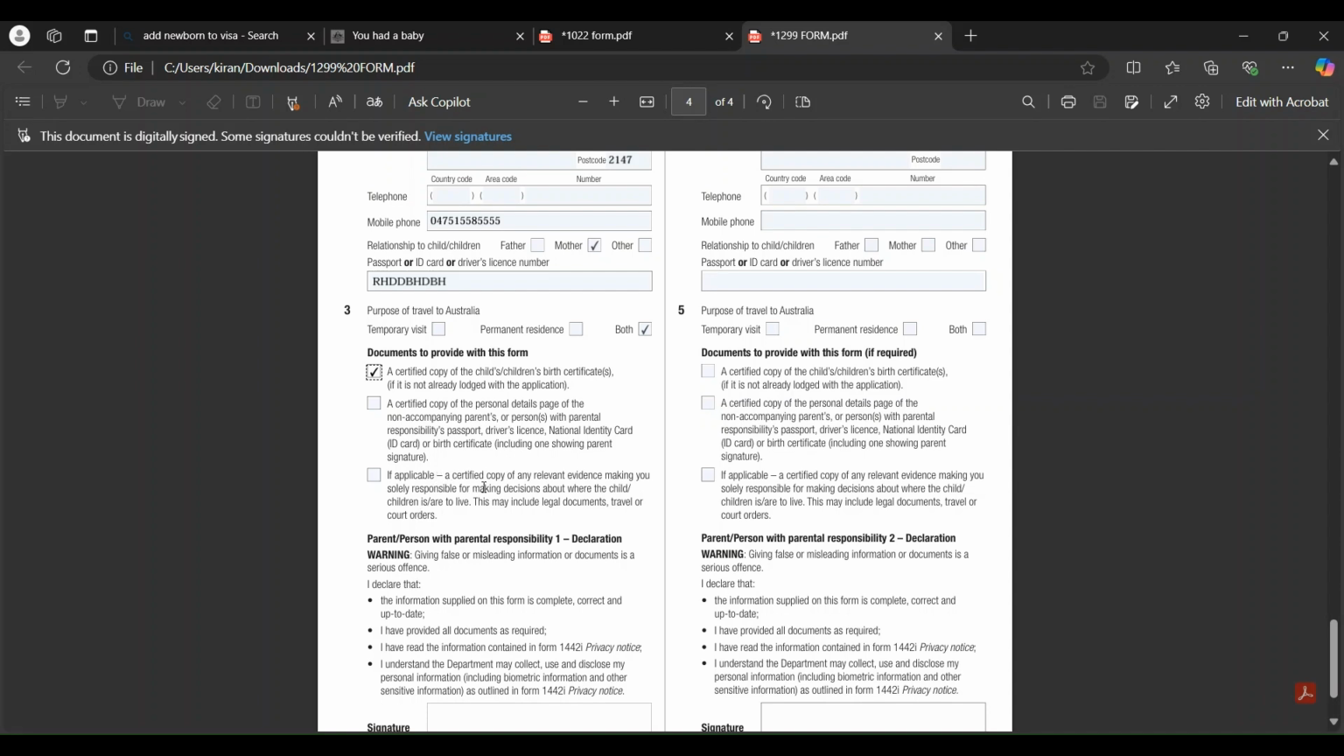Okay, if applicable, a certified copy of any relevant evidence making you solely responsible for deciding where the child lives. This may include legal documents, travel documents, or court orders. So you can tick here if you want, or I just told you to tick here. Okay,